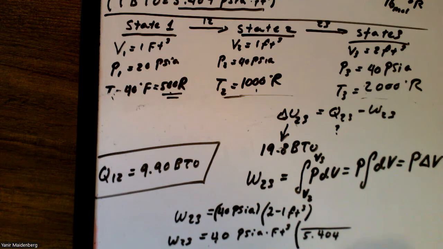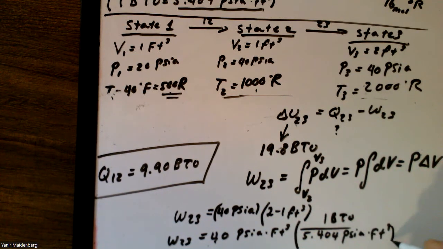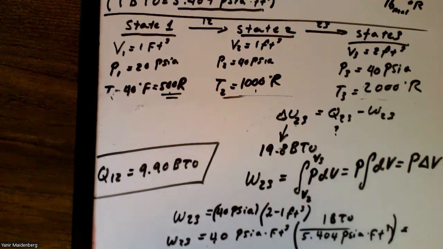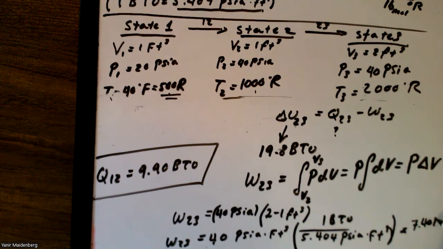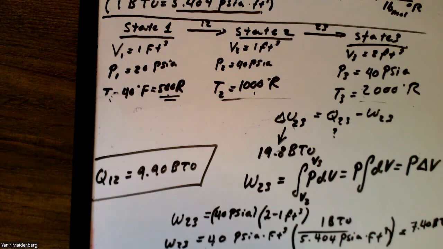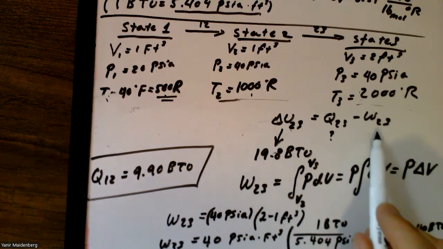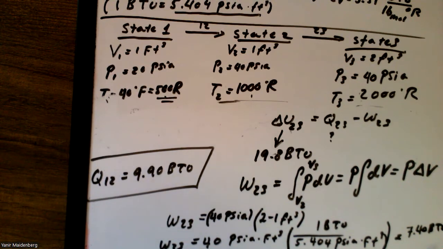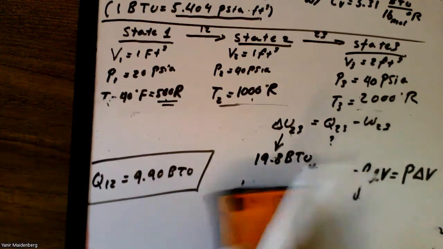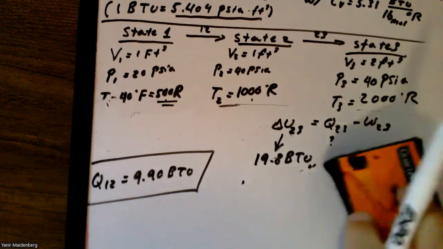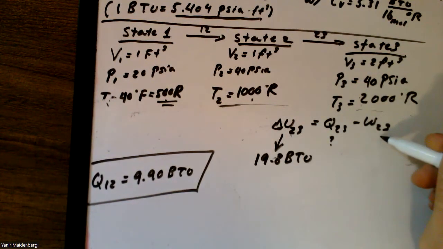So we can just convert this to BTU. Okay. 5.404 PSI foot cubed and 1 BTU. So that means that my work for this process is 7.40 BTU out. Okay, so again, I'm going to erase all this. That just becomes work 2-3. So work 2-3 is 7.4. So right here, this thing here becomes 7.4